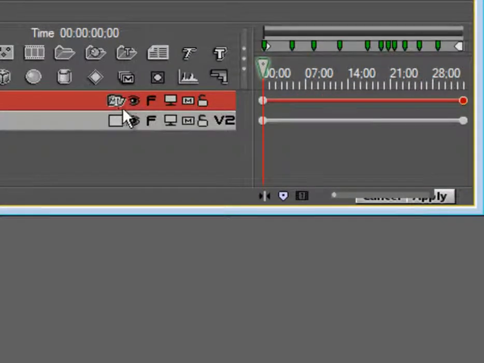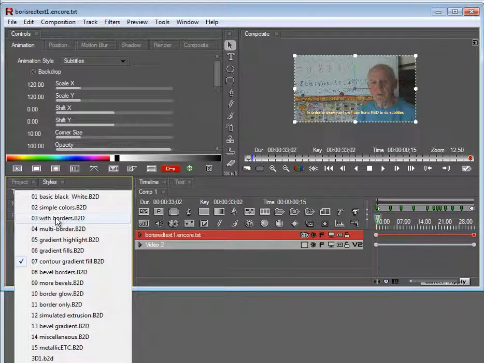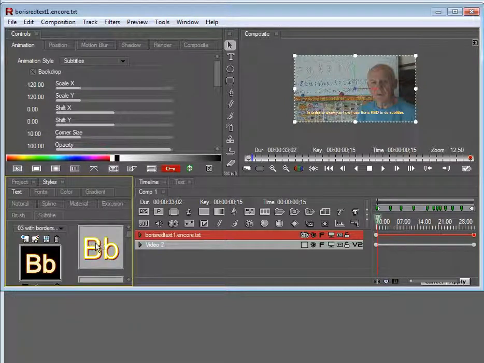Once the subtitles are imported, you'll see these green markers which mark the first keyframe of each subtitle. If I move the playhead to the first subtitle, I may decide that I want a different style, so I can just go over here to the text style palette, color with borders, and we'll change it to this. Double click. And as I'm working on the top track, all the subtitles in this sequence should have been converted